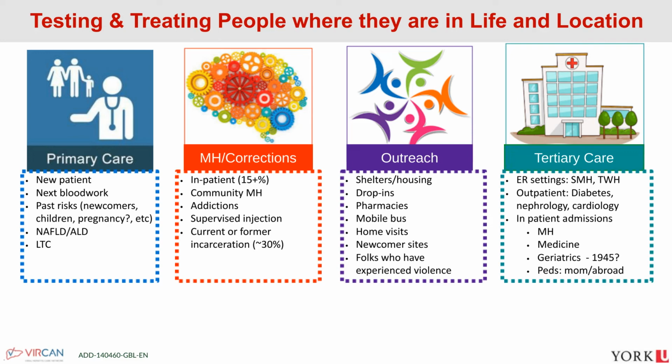And then finally, thinking about your tertiary care settings, not to leave tertiary care settings out, but to think about them in a different way. In the past, we thought about tertiary care settings as the place where we would diagnose and treat hepatitis C. Now we can be looking at tertiary care settings as places where we can actually screen universally for Hep C. So thinking about emergency rooms and then other populations which will have overlapping health complications from hepatitis C,